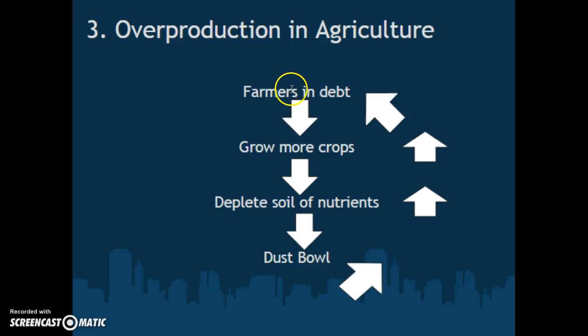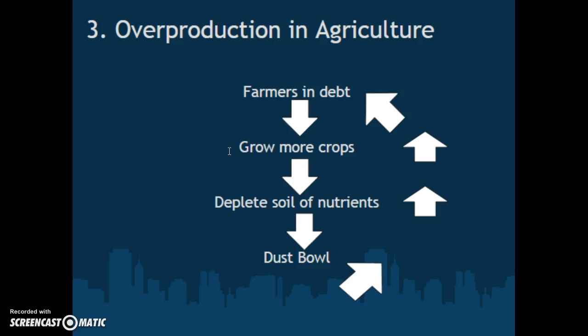So you've got farmers in debt, so what they do to make money is they grow more crops. However, the more crops that they grow, the more that they are taking nutrients out of the soil. And if you'll remember, the region that most of your farms are located in is the Great Plains, that Midwest Tornado Alley that we've talked a lot about. So when you deplete the soil of nutrients, you make it really light and fine. It's not that heavy, dark soil anymore. It's really light, fine soil, which is very dry and easily picked up by the wind, which creates something called